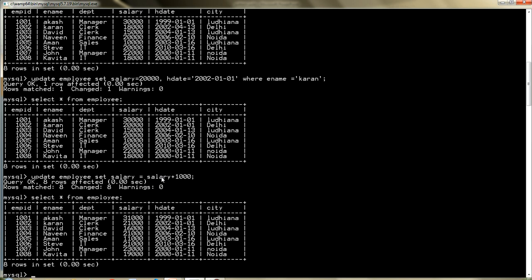Now next is, for example, I want to delete some record. Suppose I want to delete the record where name is John or where name is Kavita, whatever the condition is. For that we need to have delete query. Delete command is there. So write down delete from, just remember the syntax, it's very easy in SQL commands. Delete from, then the table name. If you write down delete from employee and you just press enter, it will remove all the records. It will delete all the records from the employee table.